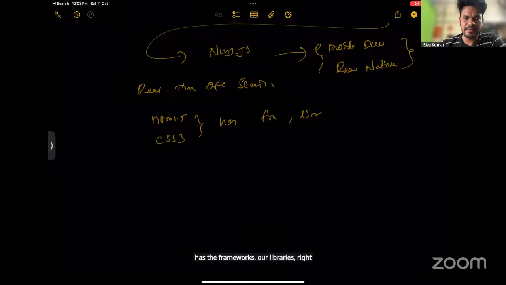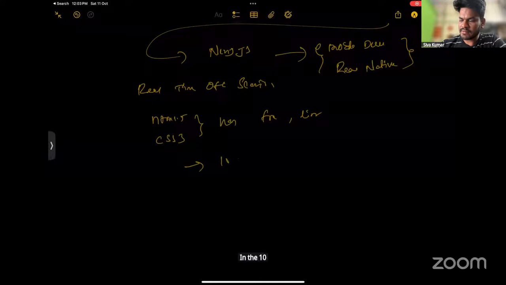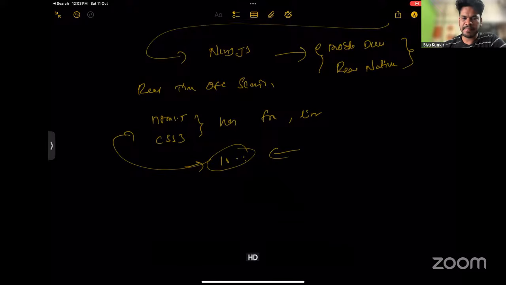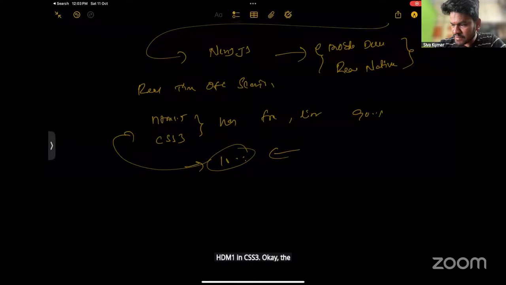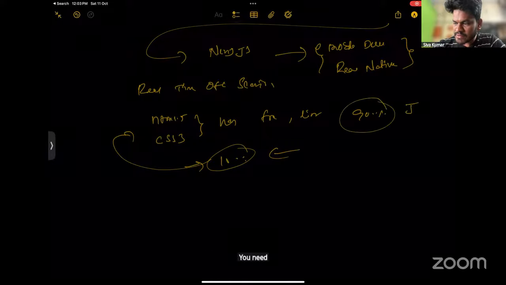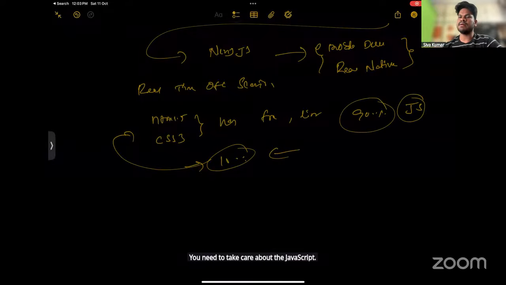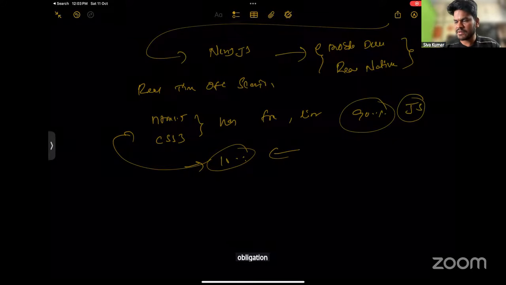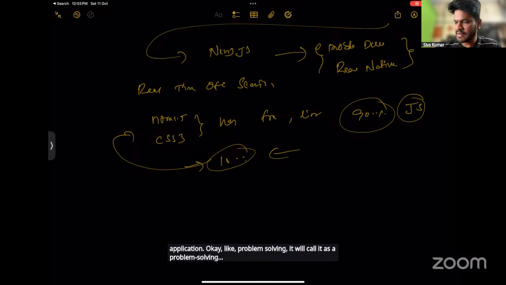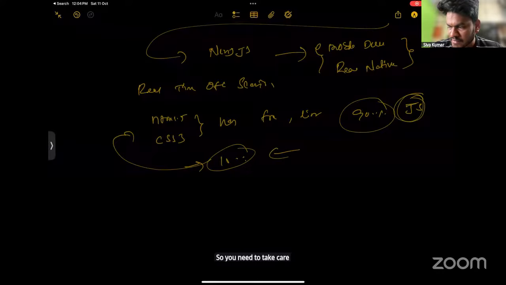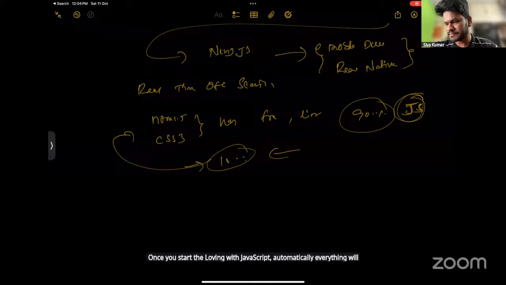We need to concentrate about 10% on HTML and CSS3. The rest, 90%, you need to take care of the JavaScript. This is the heart of the core application, like problem solving. So you need to take care of the JavaScript. Once you start loving JavaScript, automatically everything will sort out.